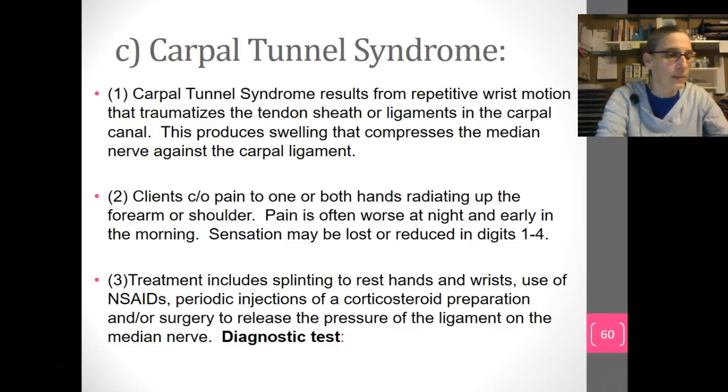All right, treatment includes splinting to rest the hands and the wrists, use of NSAIDs, periodic injections of corticosteroid preparation, and/or surgery to release the pressure of the ligament on the median nerve. Now, they do diagnostic testing to determine if you have carpal tunnel, which actually, I didn't do one of these two tests. I did another type of test also,